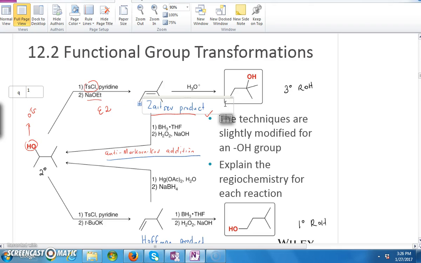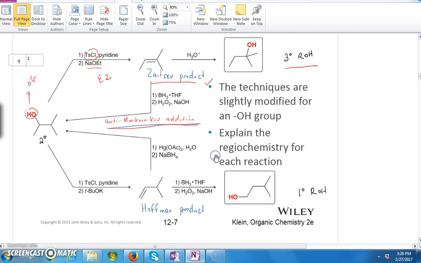Now once you get the Zaitsev product, you want to do an acid catalyzed hydration. So this is an acid catalyzed hydration to give the third degree carbon. Now, once you arrive at the Zaitsev product, you can always go back to the second degree alcohol by doing a hydroboration oxidation, which we know goes via an anti-Markovnikov mechanism. Okay. Now, if you want to get to this first degree alcohol, you